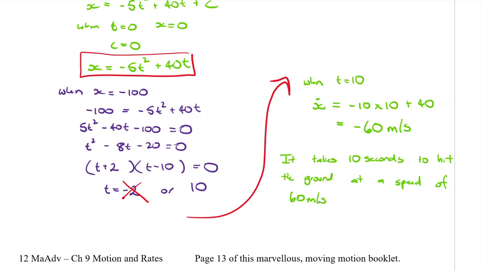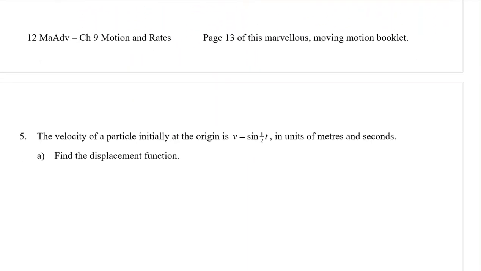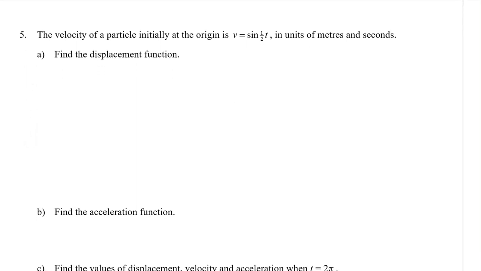All right, question 5. The velocity of a particle initially at the origin, so this is saying initially time is 0, at the origin x is 0, is given by v equals sine half t, in units of meters and seconds. Find the displacement function. From velocity, I need to integrate the velocity